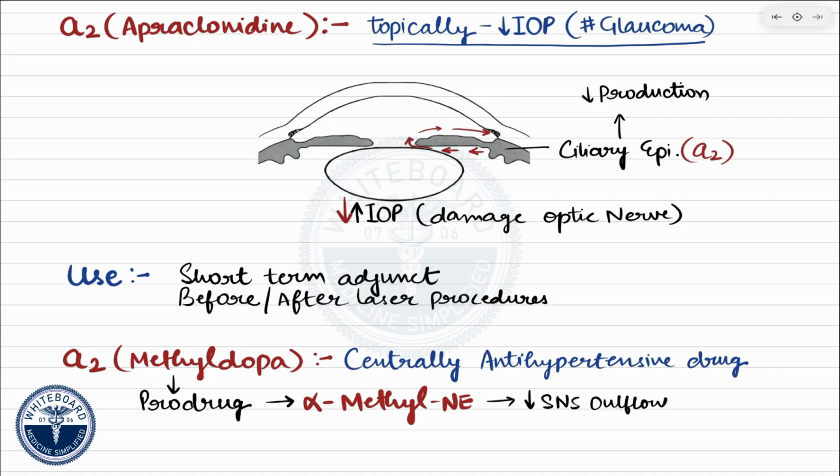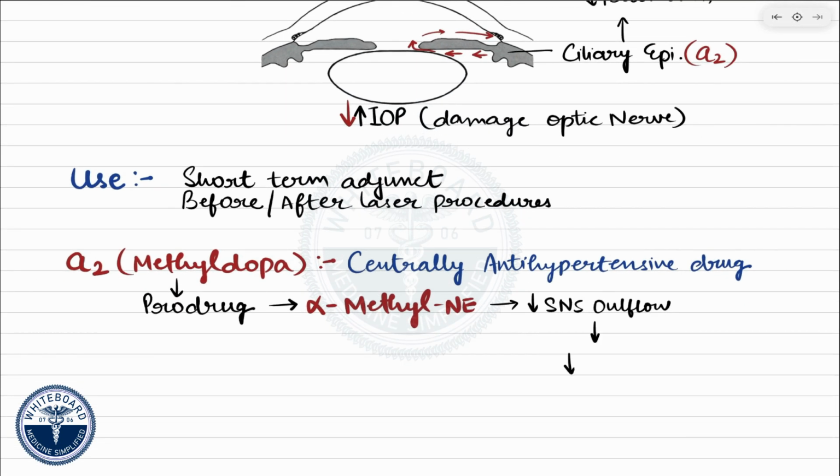As a result, less norepinephrine is released from sympathetic nerve endings, leading to less stimulation of alpha-1 receptors on blood vessels and beta-1 receptors in the heart. Consequently, peripheral vascular resistance decreases, the heart rate slows, cardiac output falls, and blood pressure is reduced. So, apart from the fact that methyldopa is a prodrug, its mechanism of lowering blood pressure is essentially the same